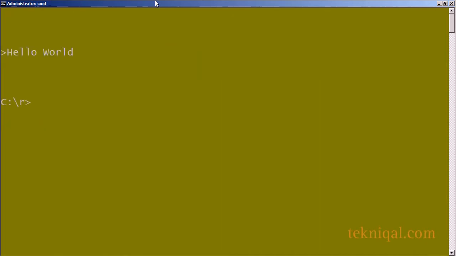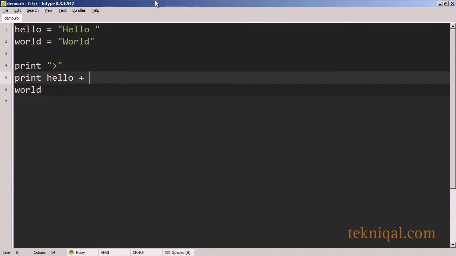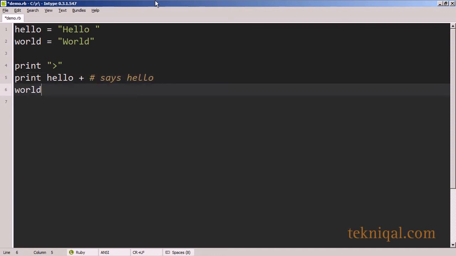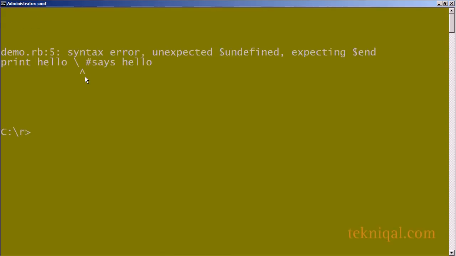So if I run that, it looks fine. And I can even add my comment. It says hello. It says world. Another way to achieve the same effect is to use the backslash character in place of the plus operator. So if I put a backslash here and put the plus on the next line and run it, the error